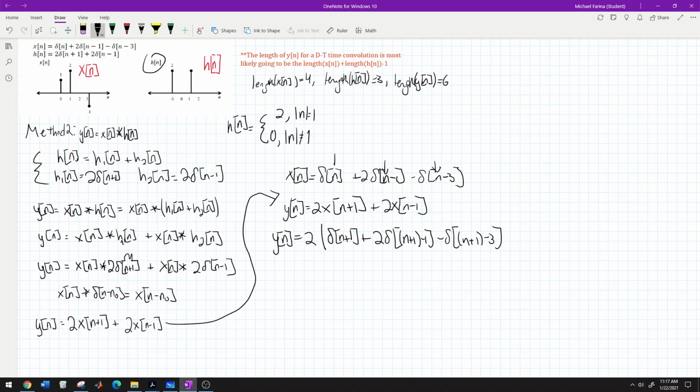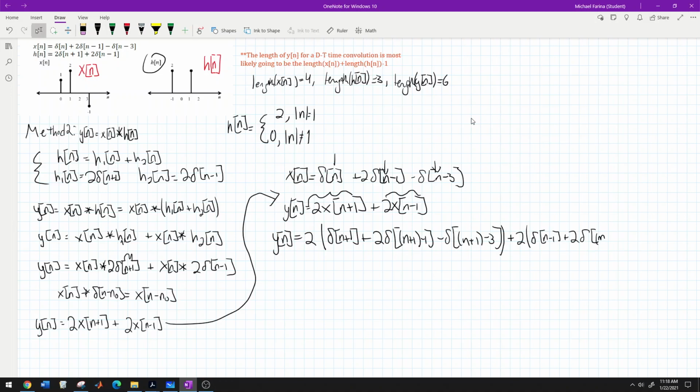I'm going to run out of room here, but that was the first term, right? Now we have to do the second term, which is almost the exact same thing, except we're going to have an n minus 1 instead of n plus 1. So let's do that. 2 delta n minus 1 plus 2 delta